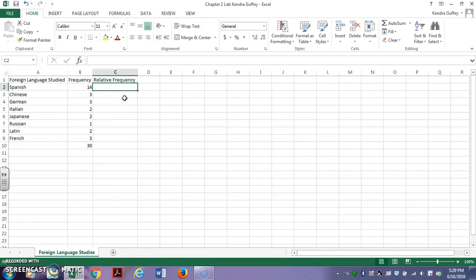And I'm going to type in equals B2. Notice I'm not using capital letters like in the directions. That's perfectly fine. It'll still take it. Notice how B2 is in blue, and I also highlighted the cell B2 in blue, so it tells you that's what it's working with. And then divided by